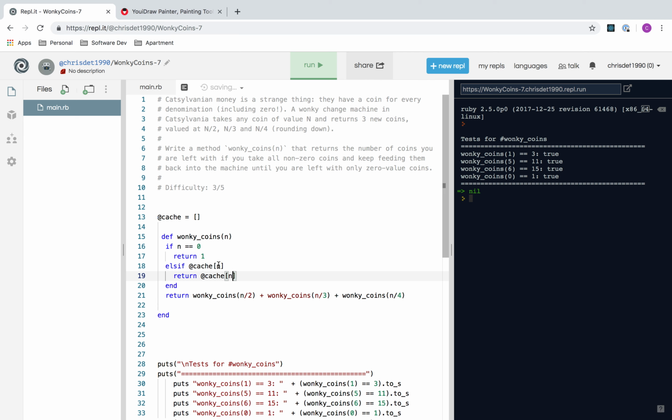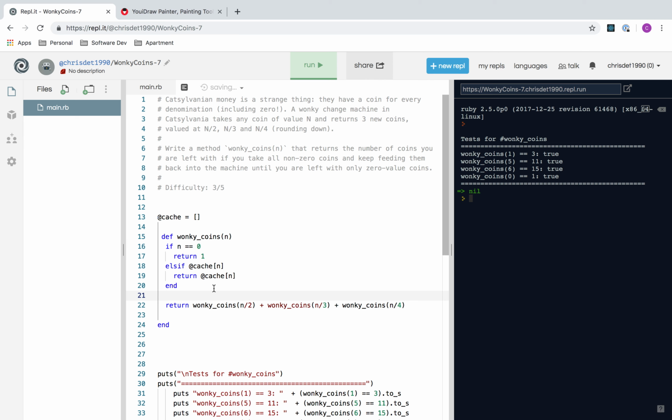So we're accessing the index of that number, and we'll return what number is at that index. Else,